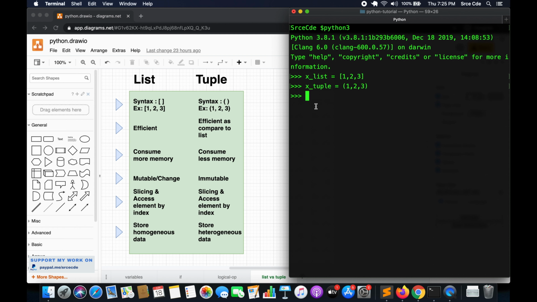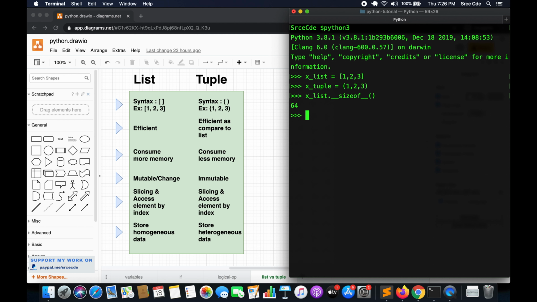Now the second difference is that the list is efficient, no doubt, but tuple is more efficient as compared to list in terms of iteration. Moving along, list consumes more memory and tuple consumes less memory. If I say x_list.__sizeof__() and press enter, it returns 64.